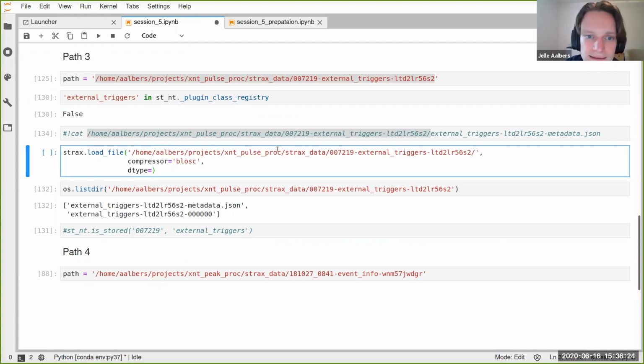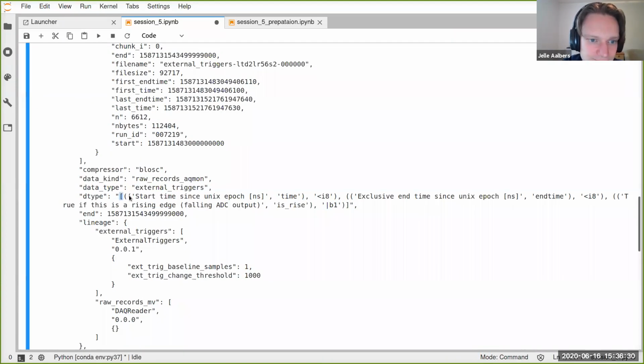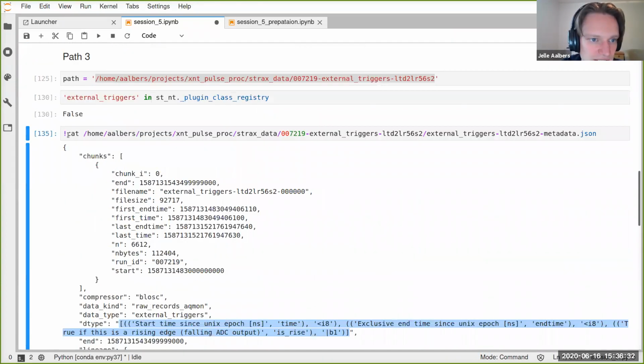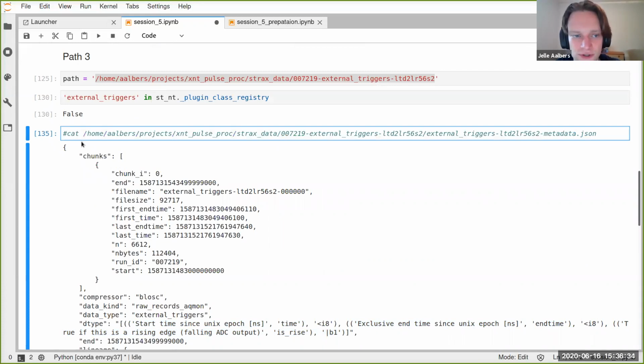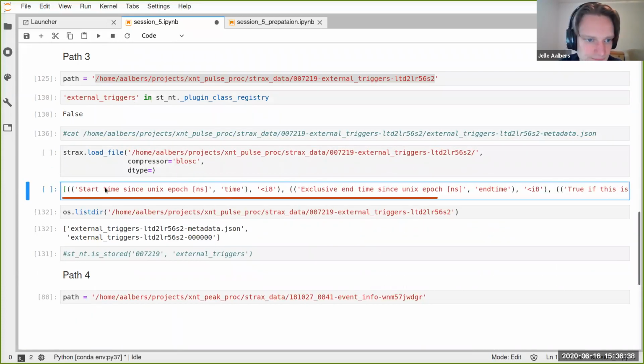So I could try to copy it from the JSON. You could also load the JSON and actually get it that way.